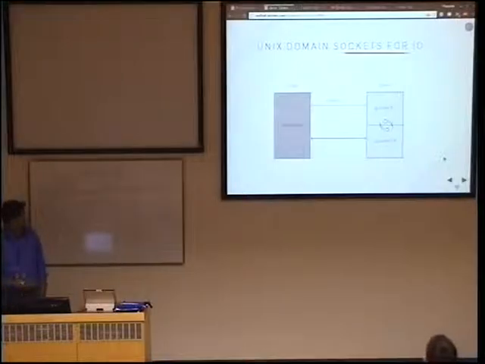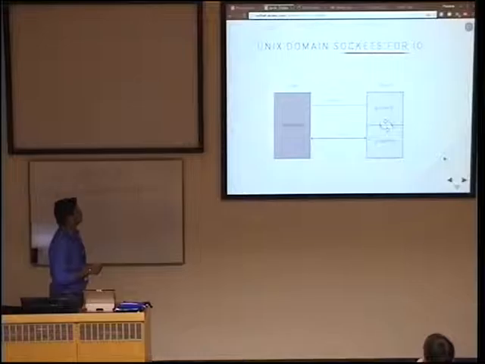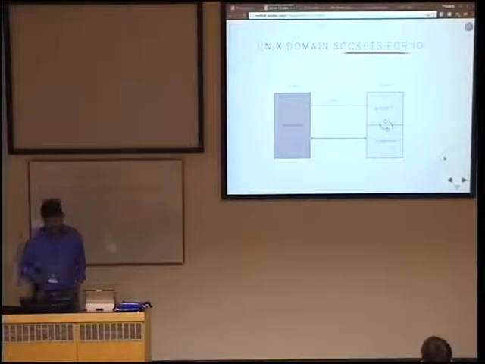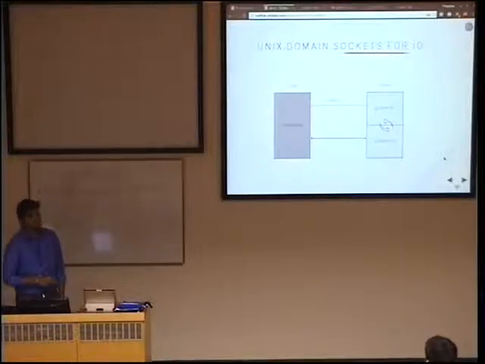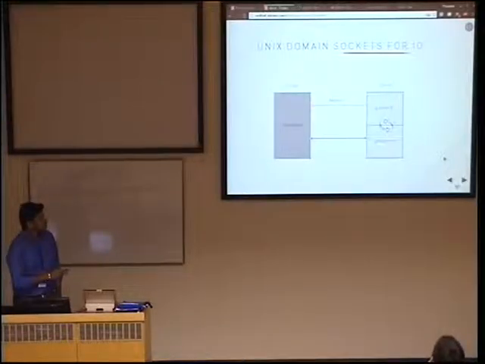So we have introduced the Unix domain sockets. It goes like this. This is the client side of GlusterFS, and there we have glusterd running. Glusterd is a management process, and here we have glusterfsd, which is a brick process. Now all the volume related information will be taken care by